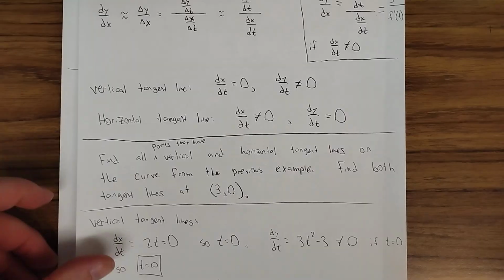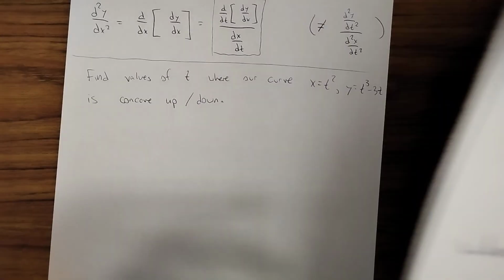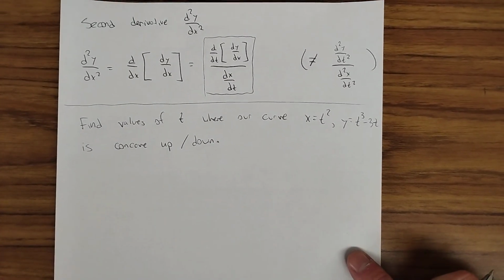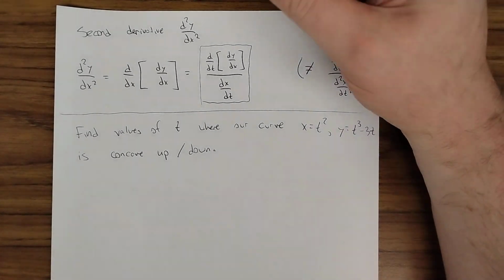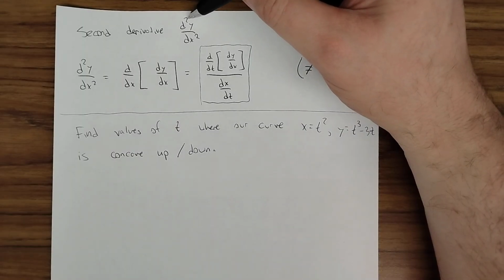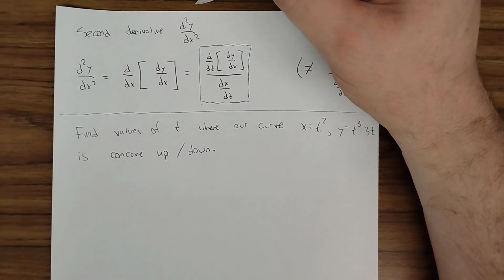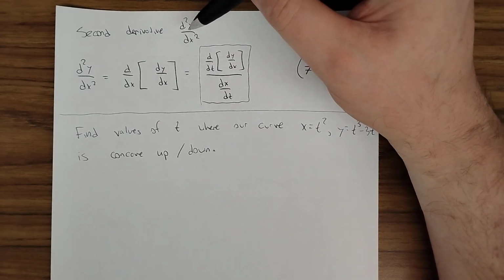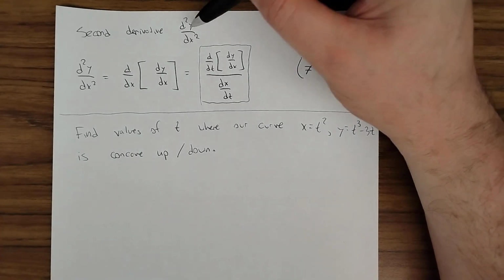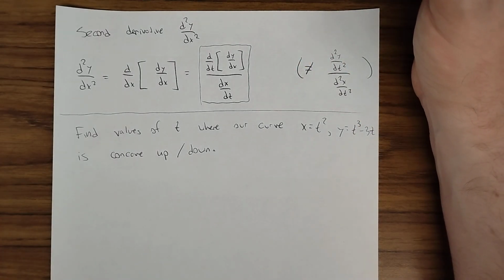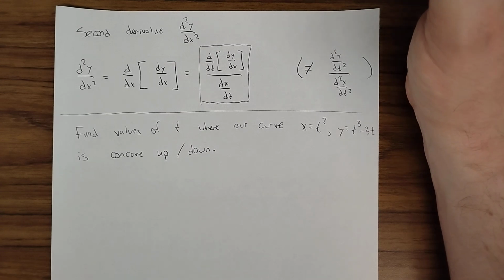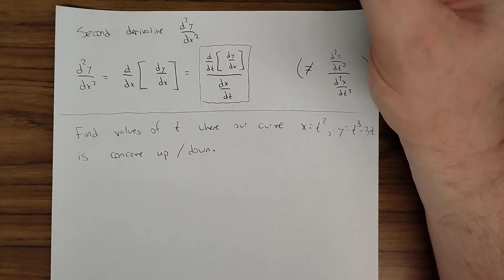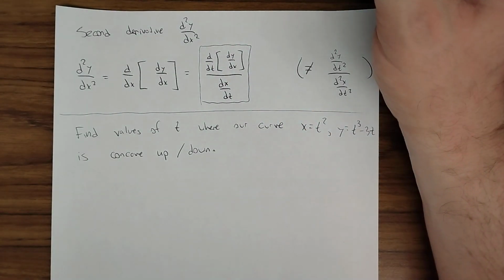While I'm at it, let's talk about the second derivative. So the second derivative, I'm using this notation. This just means the derivative of the derivative, at least when y is a function of x. We just take the first derivative and then we take the second derivative. But things get a little bit funny when we have parametric equations. So what this really means,